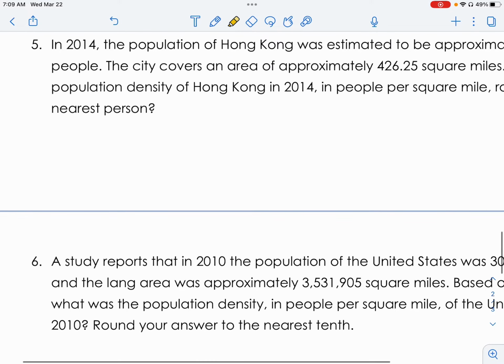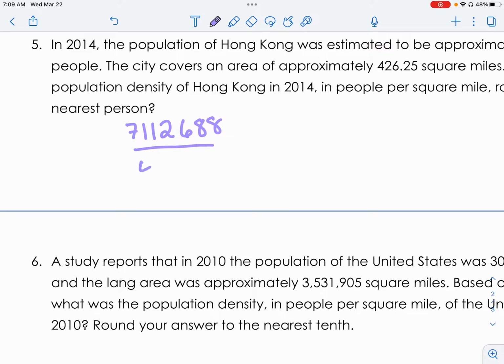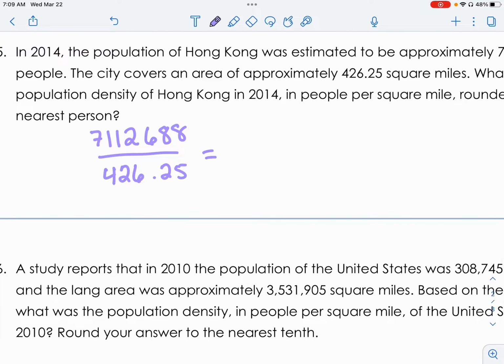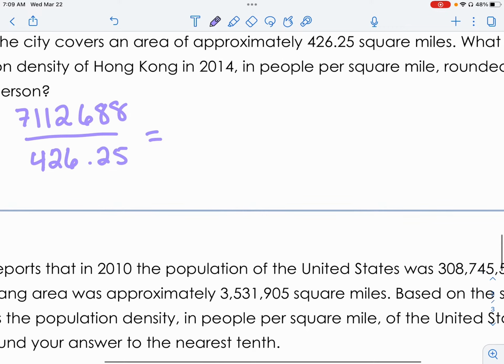Well, thinking back to yesterday, we just do mass divided by volume. So we had roughly our 7 million people, and our area, 426.25. So you just set this up, simple division problem, and your answer is